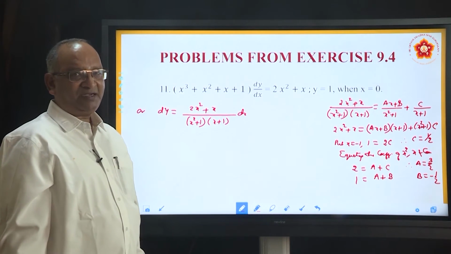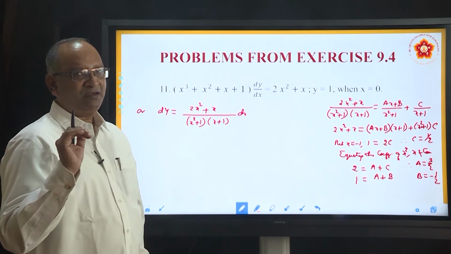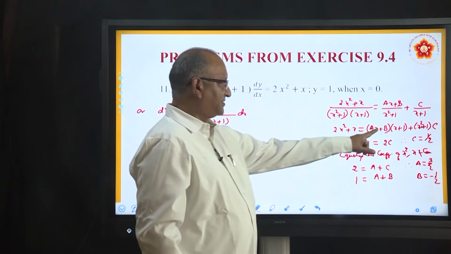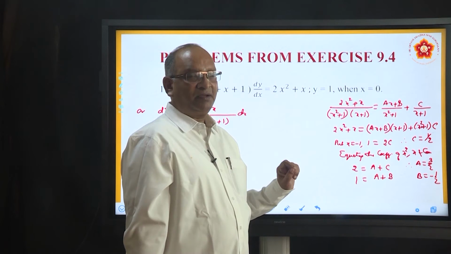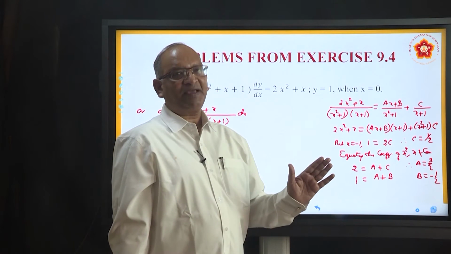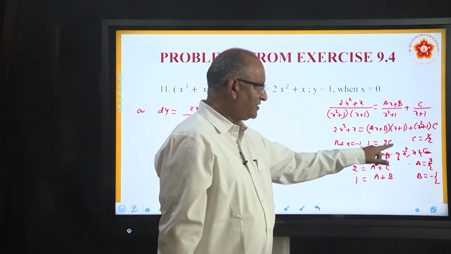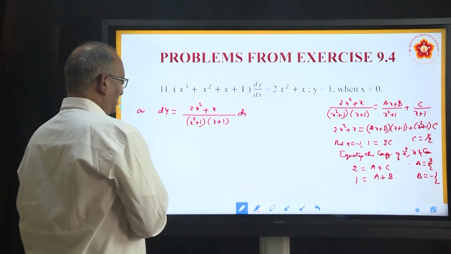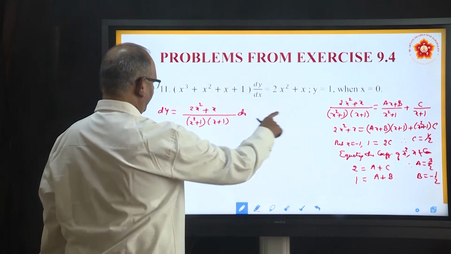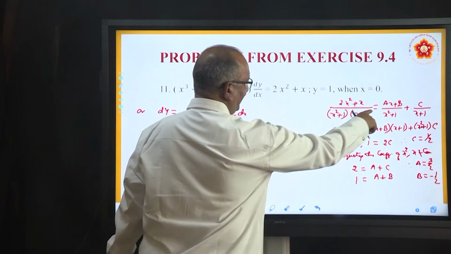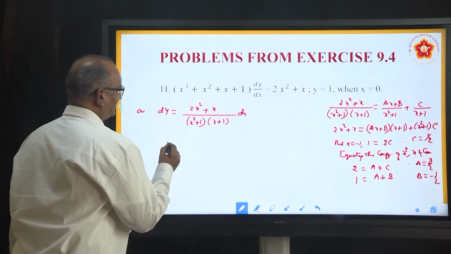So, in this way what we did? We have found the values of a, b and c. How did we find? One, by making this bracket 0 by substituting x equal to minus 1, and then by equating the coefficients of x square terms and x terms from either side. So, we got the values of a, b, c. So, this fraction can now be written, by substituting the values of a, b, c, as